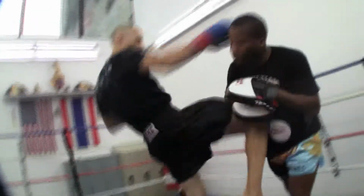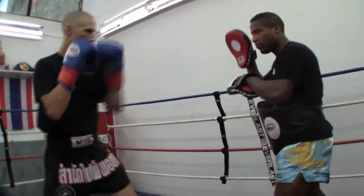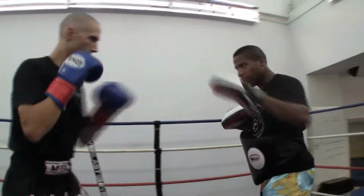All right, so we gave these mitts a try, both hitting and holding. Steve, overall thoughts on these guys? They're a good, solid, basic mitt. I'd recommend any trainer have them. Yeah, get a pair. Now, the one thing we did find a problem was, for the most part, not the holding or the punching or the striking, but the price for some of the students, because $93